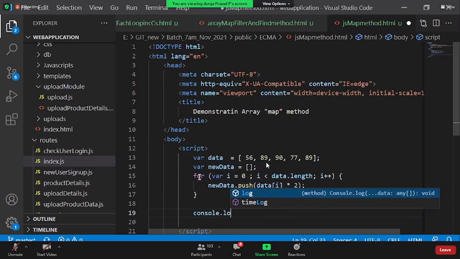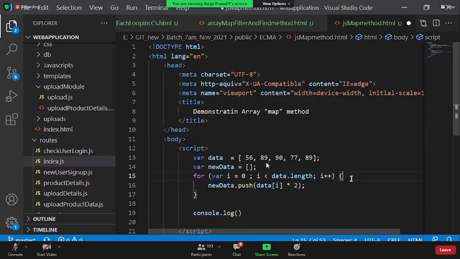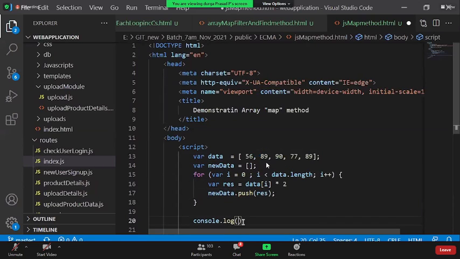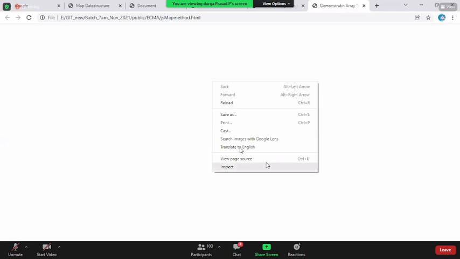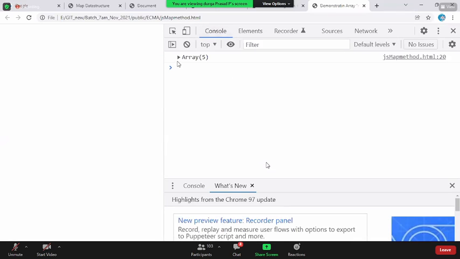Now I say console.log, or else let us say result is equal to the multiplication of this, then you insert the result value. Now I say new data, save this, open in the browser, go to the console. It is an array having all the values multiplied by 2.